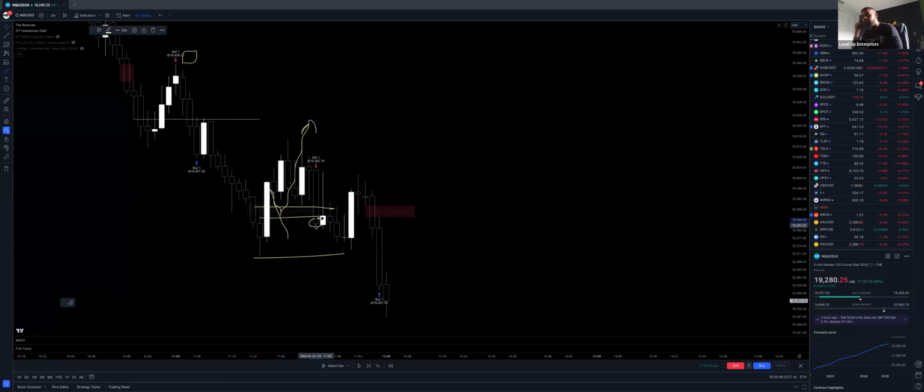I want you guys to understand this. The wicks do the damage. The body tells you the story when it comes to direction. That's why more than oftentimes I always say we need a body closure above. Because once we get a body closure above, that means that now we have confirmation that price wants to continue